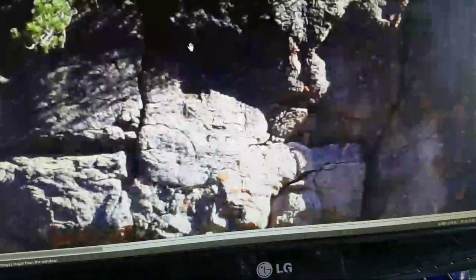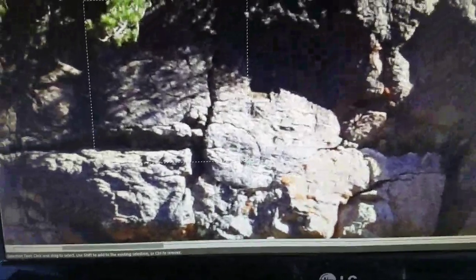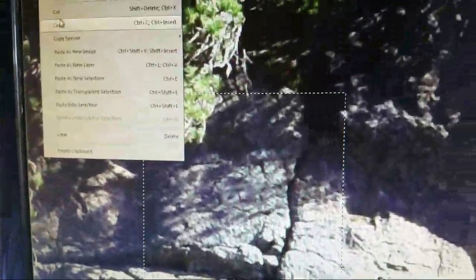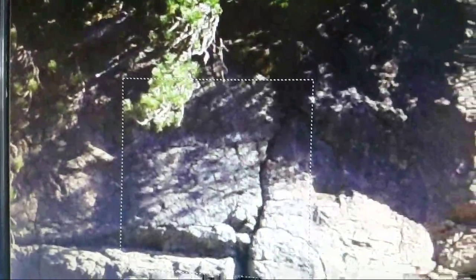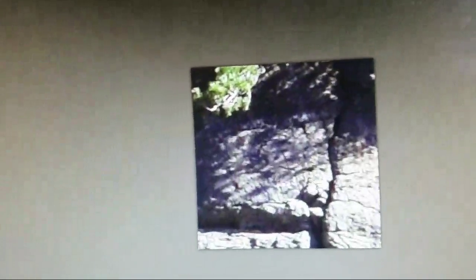I better. I got to. Well, I can go copy that other one again. So copy. See, I take it. I boxed him, and I did get a copy of him. Edit and copy. And then I can edit, and I can paste it in a new image. I make him bigger,